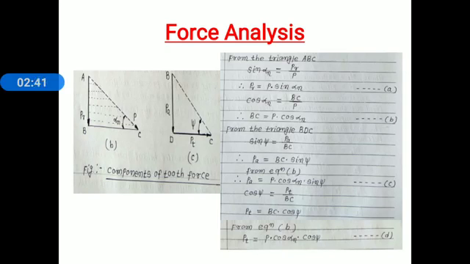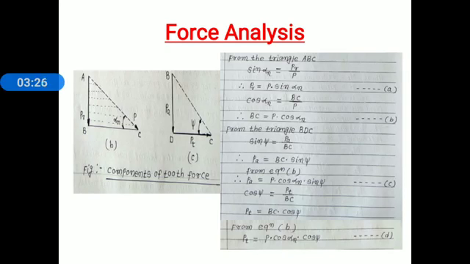Simplify that and we get the radial component. Radial component PR is equal to P into sine alpha suffix n. Consider equation A. Again from figure B, we consider cos alpha suffix n, adjacent side to the hypotenuse. Adjacent side is BC and hypotenuse is resultant force P. Therefore cos alpha suffix n is equal to BC divided by P. Simplify this and we get the value of BC. BC is equal to P into cos alpha suffix n. Consider equation B.